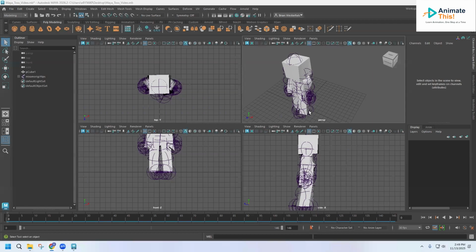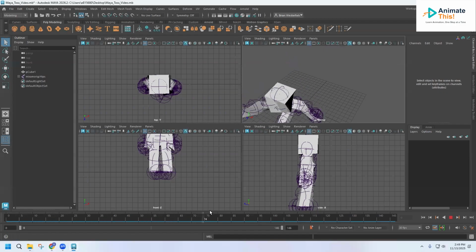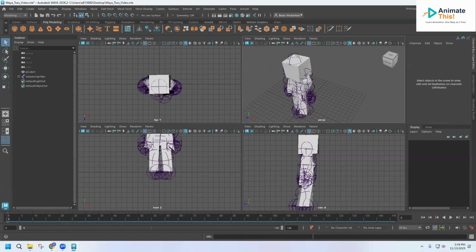bring it into Maya. And so now what I'm going to show you is how to set basic keyframes on objects in Maya that weren't done through Mixamo. Because in this case, my little character looks like he picks up something and throws it. So I'm going to show you how to set the keyframes on an object that he might be throwing. I'm not going to go through the process of importing everything because if you need to, go watch those